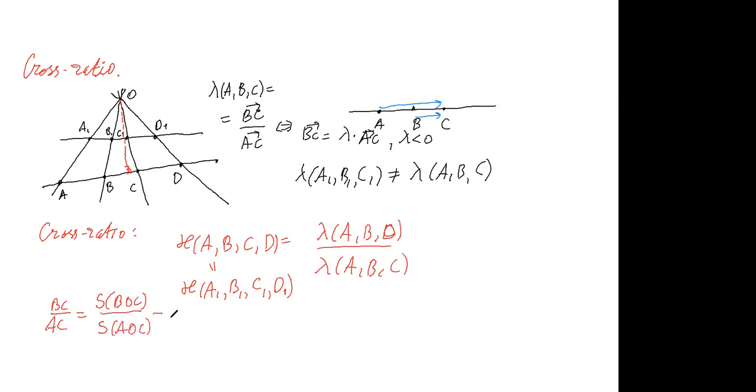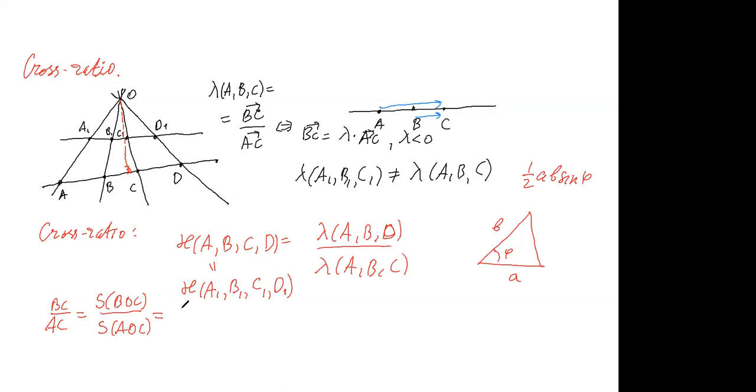And on the other hand, we can compute the area of a triangle using the famous formula, which says that the area of a triangle with sides A and B and the angle phi between them is equal to half of AB sine of phi. So this gives us